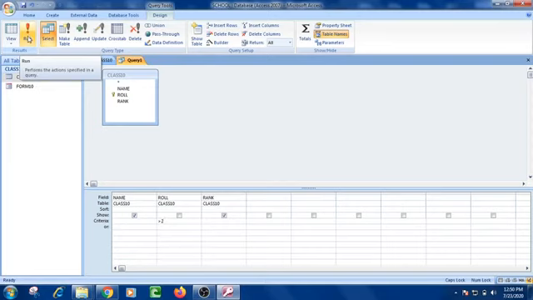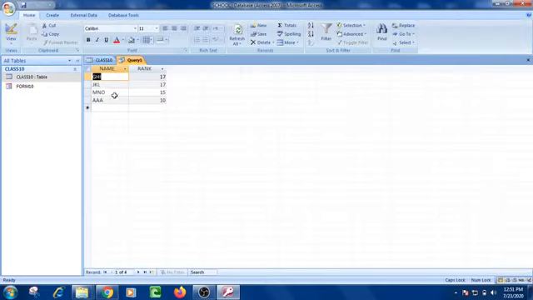So now what will be displayed in the query? Be careful about this. I have set the query so that those having roll number more than 2 will be displayed, and the roll number itself will not be displayed. Now I am running it. All of you can see it is being run. You can see that only the name and the rank are displayed, and there is no roll field. Those having roll number more than 2 are displayed here.